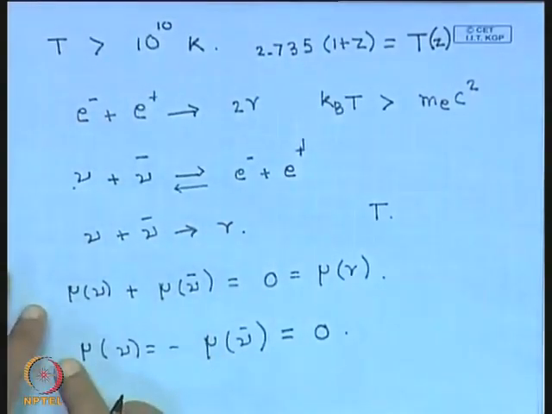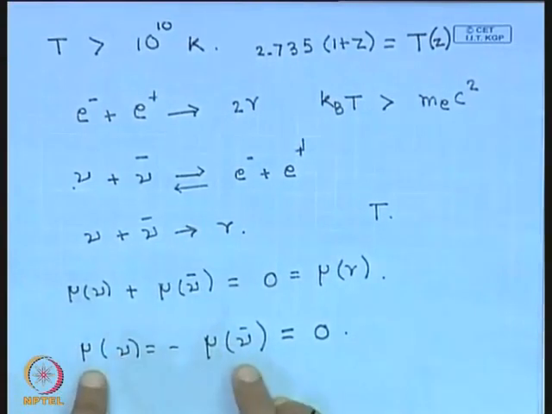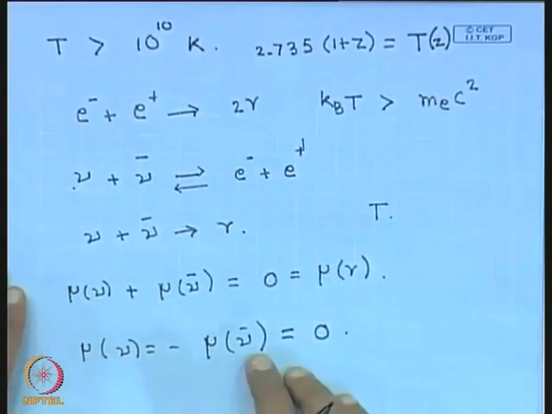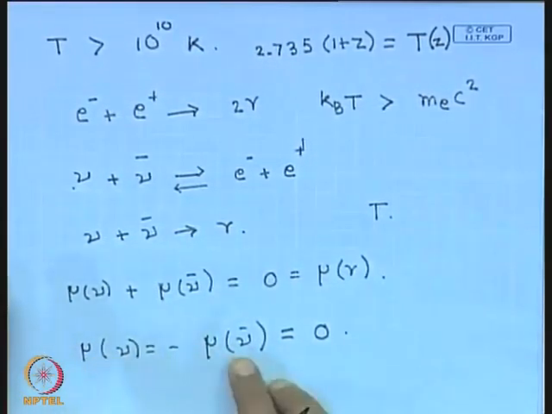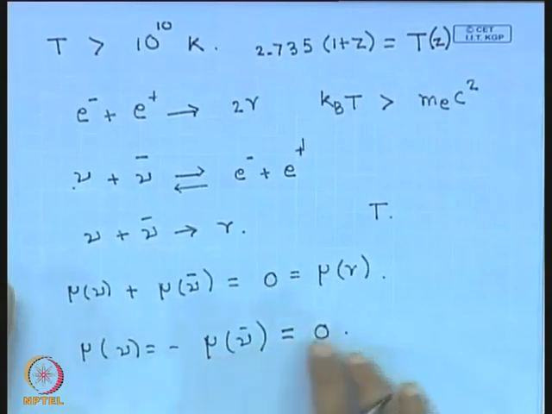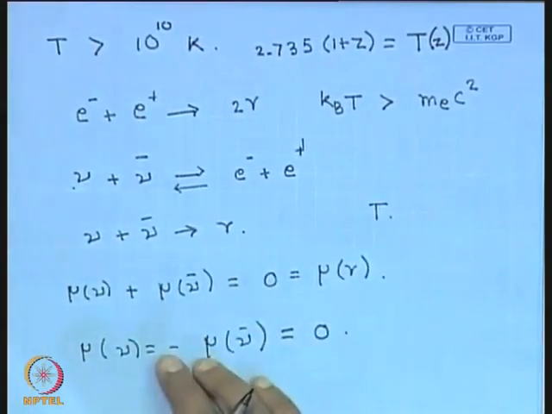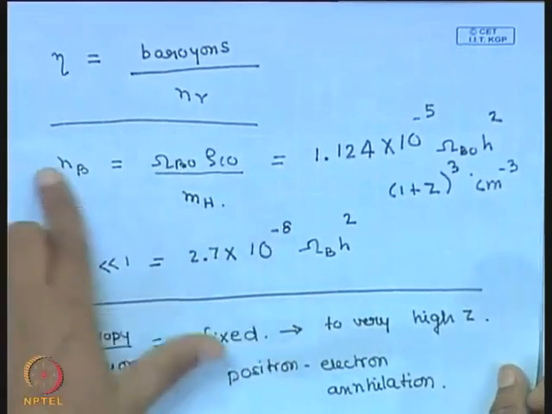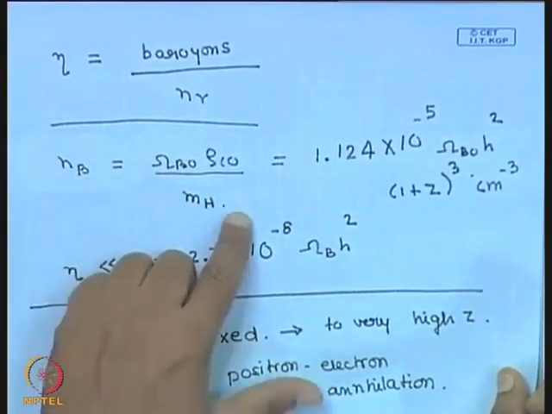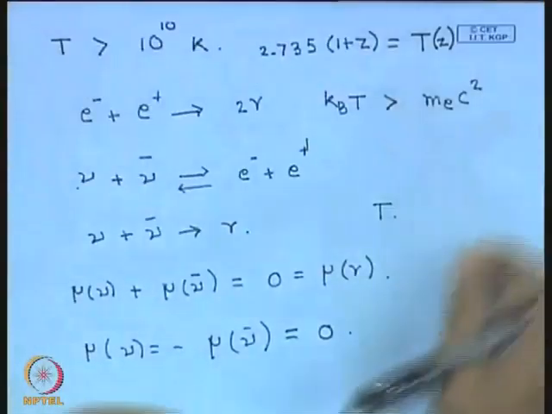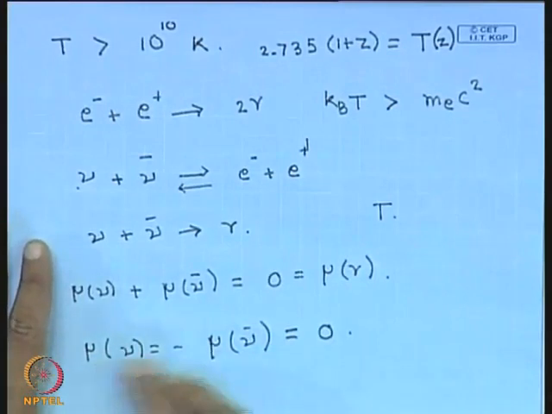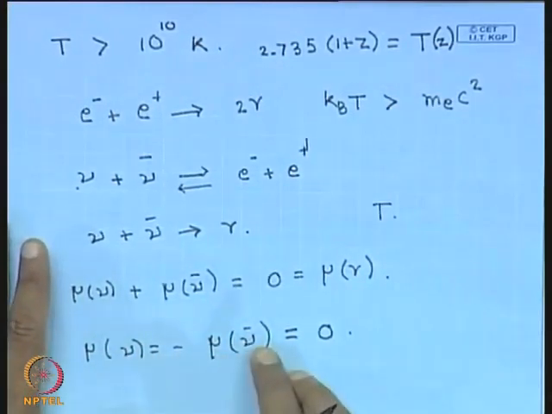Okay, so we can safely assume, you see, the chemical potential decides the number density. So we can safely assume that corresponding to the present electrons that we have, the chemical potential is 0. Strictly speaking, there should be no electrons left. That small fraction we shall not bother about at those epochs. The small number density corresponds to the number density of baryons. The universe we know is neutral, so the proton and electron number densities have to be the same, right? So we will assume that the electron number density that we have now is basically consistent with 0.